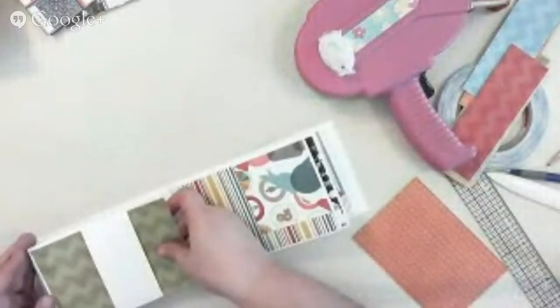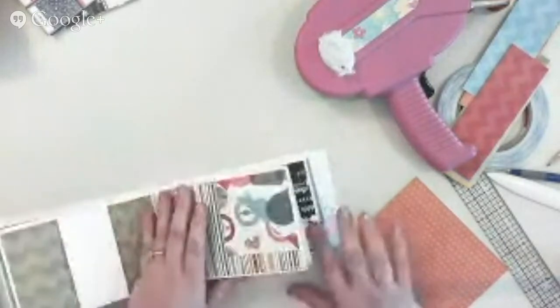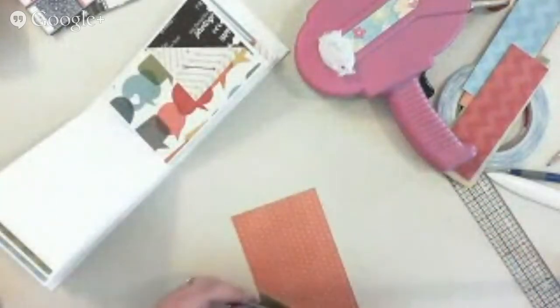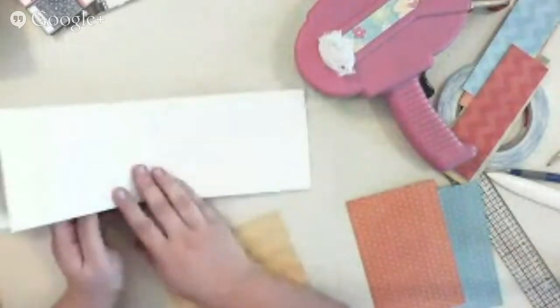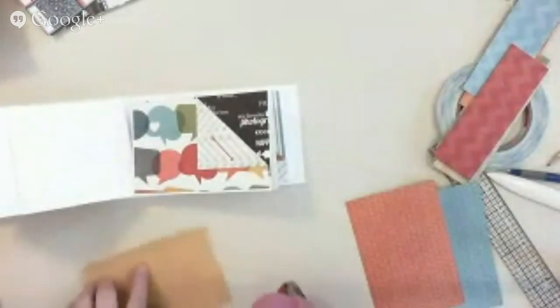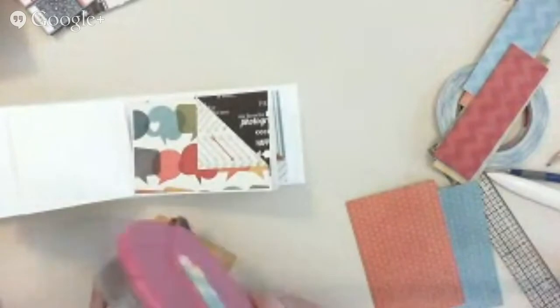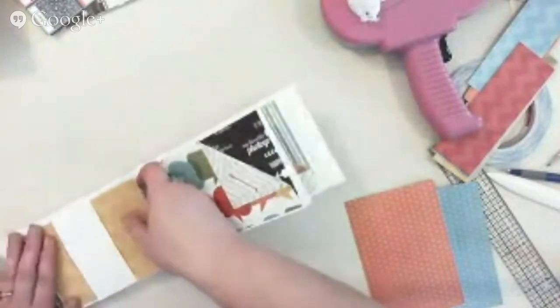You can see it kind of sticks every once in a while. I get a little stuck, but it's okay. There we go. And orange, or I'm going to go with yellow on this one, I think. Yeah. And then I'm going to go